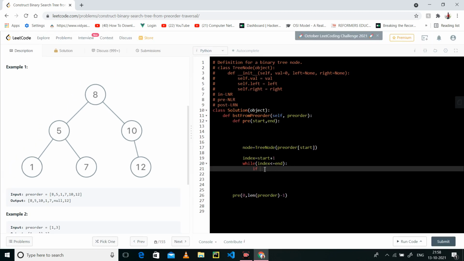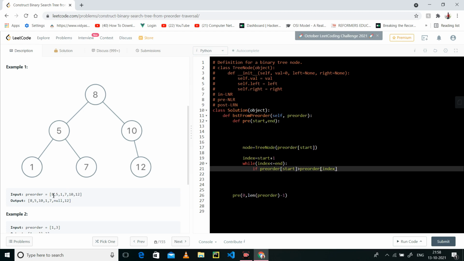What I can say is, if pre-order traversal of start, so start is 8, is less than the pre-order traversal of index, where index is the pointer which is pointing from here to here.